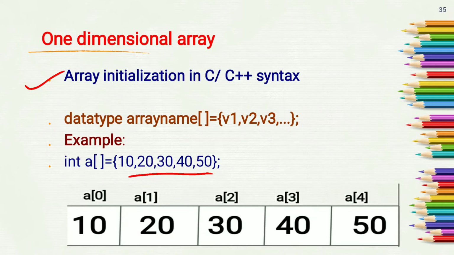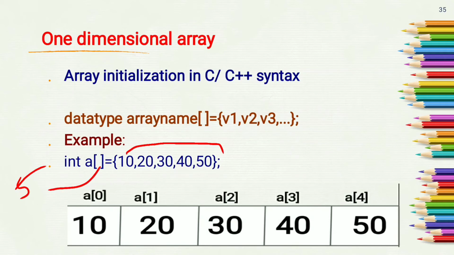Here you can see we have not written the size of the array. So how will the compiler allocate 10 bytes of memory to this array? By counting these numbers: as there are 5 numbers and each is of type integer, 5 into 2 will be 10. So 10 bytes will be allocated to this array by the compiler at compile time. Here there is no need to write the size of the array, 5. This is optional. You can write 5 or you cannot write. In both cases, the compiler will allocate 10 bytes of memory to this array.